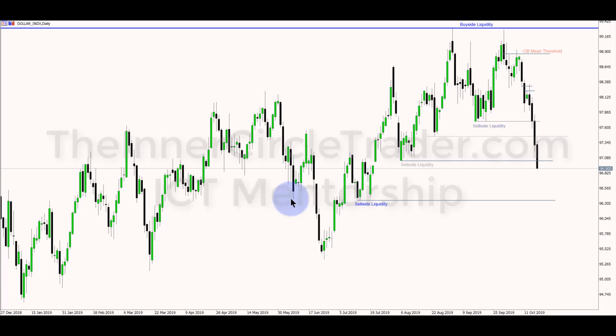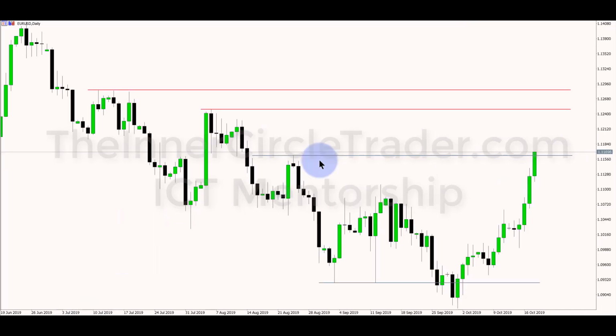So, nice downdraft on dollar. Let's run over into euro. Euro has run up into our equal highs. This is what we had on our hourly chart, and I said that we would have another level of upside buy side liquidity that we would tackle. But for right now, I want to show you where they exist on the daily. So if we continuously move lower on dollar, our next buy side liquidity pool is up here, and then we have these equal highs back here.